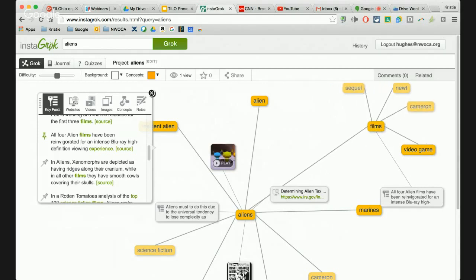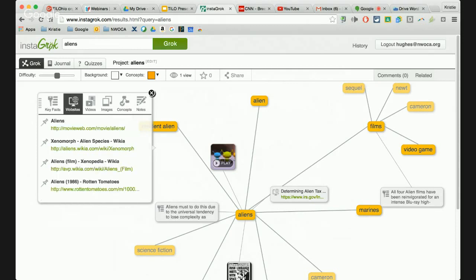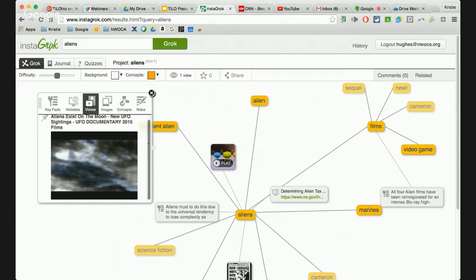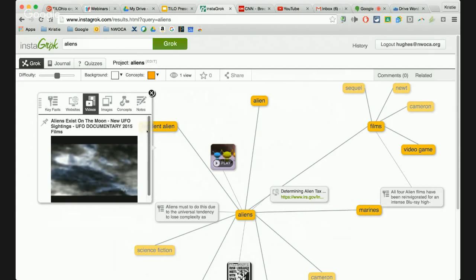I also like the fact that over here under websites, it does give me various websites that have to do with that particular topic, as well as videos. Now, I'm certainly not going to click on this video because I don't know what it's going to say about aliens, but you get the idea as far as if I would have clicked on any other sort of topic, energy, voting, election, rocks and soil, anything like that, because it will pull up whatever videos it might have found based on that topic.